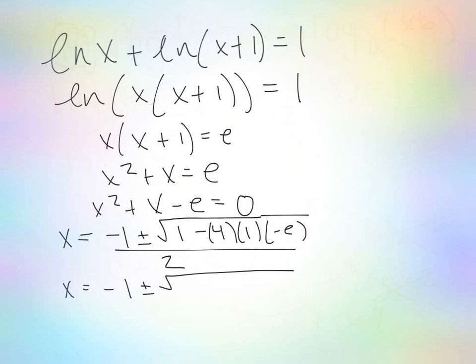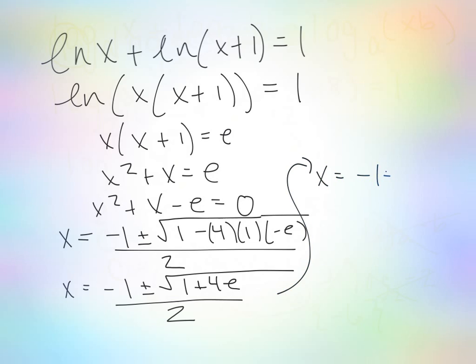Then when you simplify the top part, you get 1 plus 4e all over 2. Now you can't simplify that anymore, except you know that the natural log of anything is never going to be negative, so for example, you can't have natural log of negative 1. And if you do negative 1 minus the square root of 1 plus 4e, you're going to get a negative number. So we're not going to use the negative, so then your only answer is going to be x equals